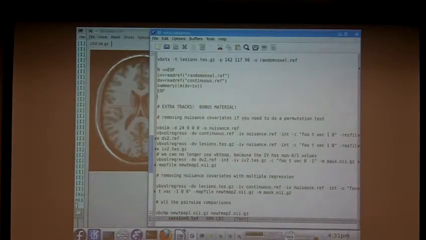As Peter was asking, why would you want to do things as a regression? Well, nuisance covariates is the main reason. There are a few different ways to go about this, and it depends on what kind of test you're going to use. We've gone back and forth on this a few times, and part of the reason is if you plan to do a permutation test, they are notoriously difficult when you have nuisance variables, and the best way to carry it out is to actually